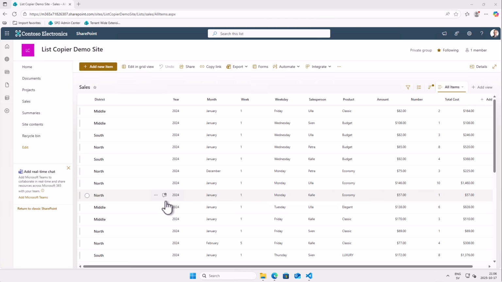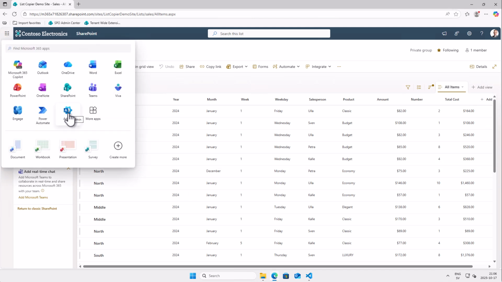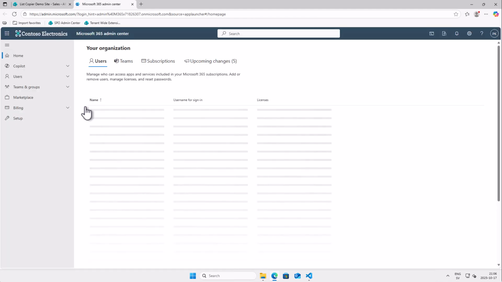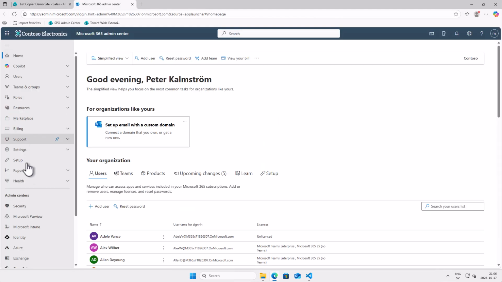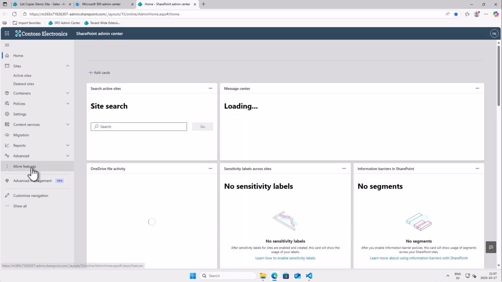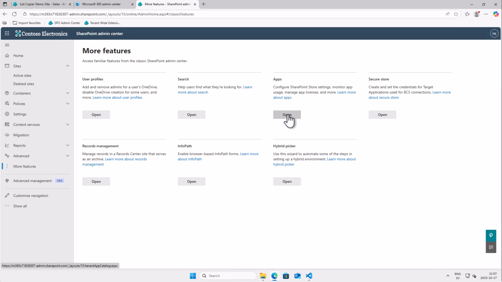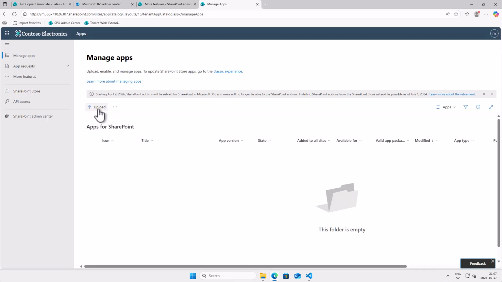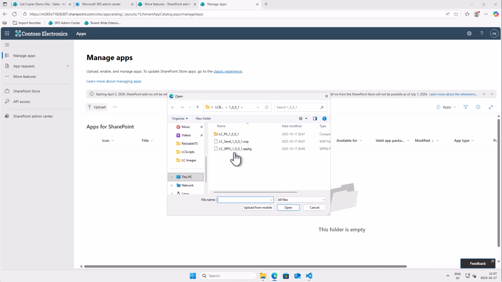In this demonstration, I'll show you how to install List Copier in SharePoint Online using the SPFX version or the SPPKG package. First of all, you need to make sure that you have admin permissions. If you don't, maybe you have SharePoint admin permissions, that's enough too. But in any case, you need to find your way to the SharePoint Admin Center, more features, the apps, and once you're in the app catalog here, you upload the SPPKG file that you've downloaded from the kalmstrom.com website, and